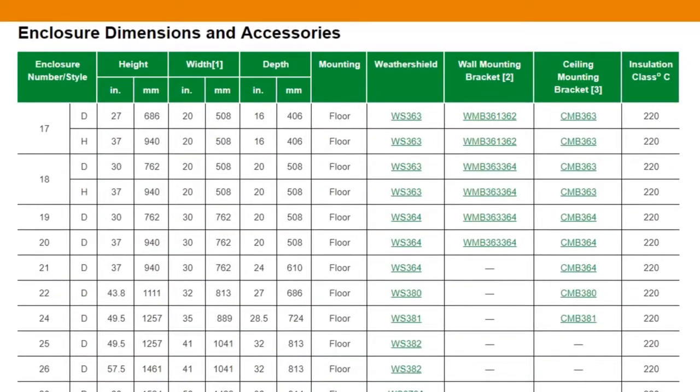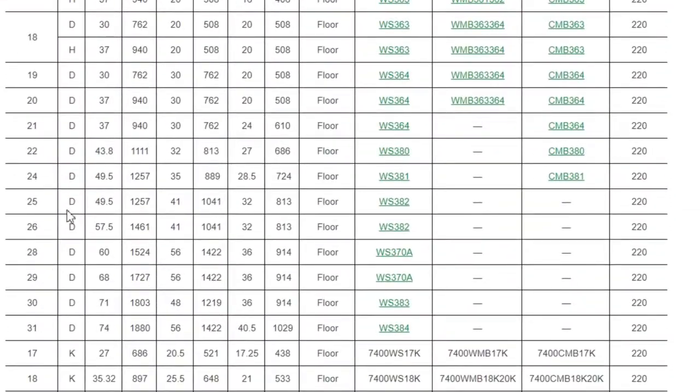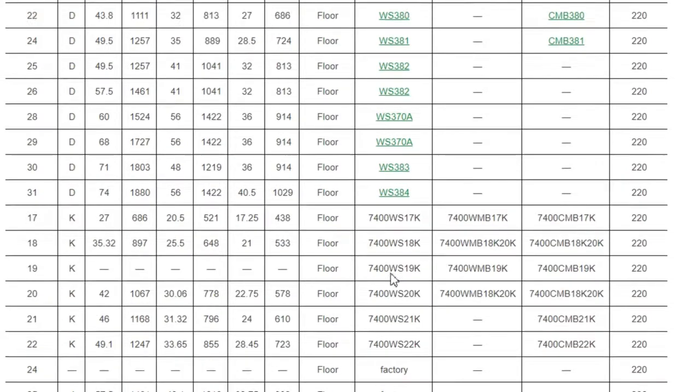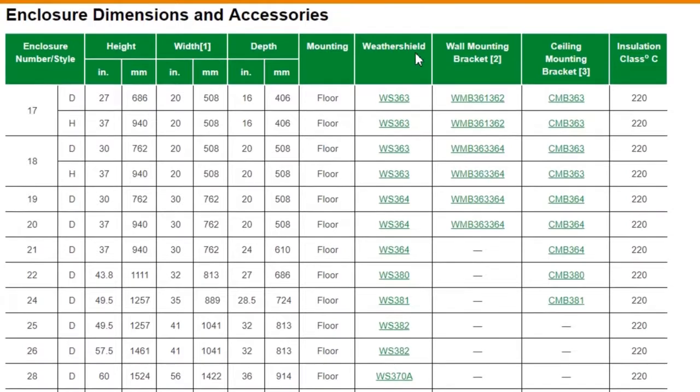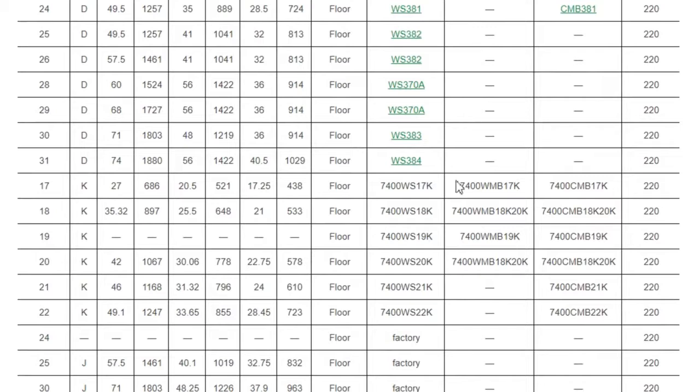Now we're in table 14.8. We look up 20K, which is right down here. I'll scroll down slightly. Notice that in this column here, this is the weather shield column, wall mounting bracket. Notice the wall mounting bracket has a footnote. So if we scroll down to 20K, it tells me that the wall mounting bracket for that particular transformer is